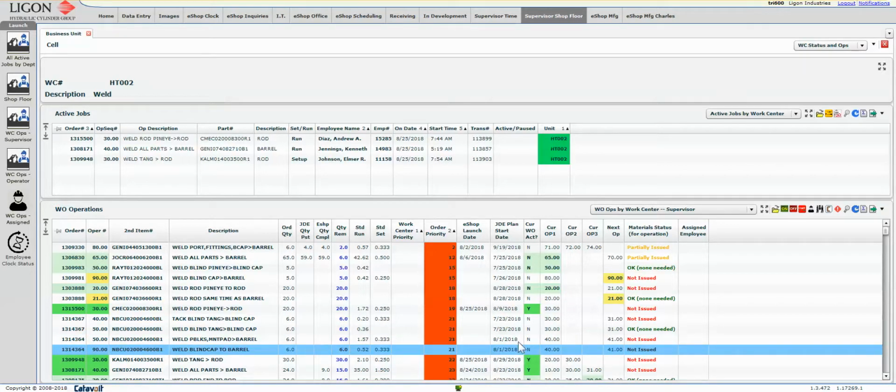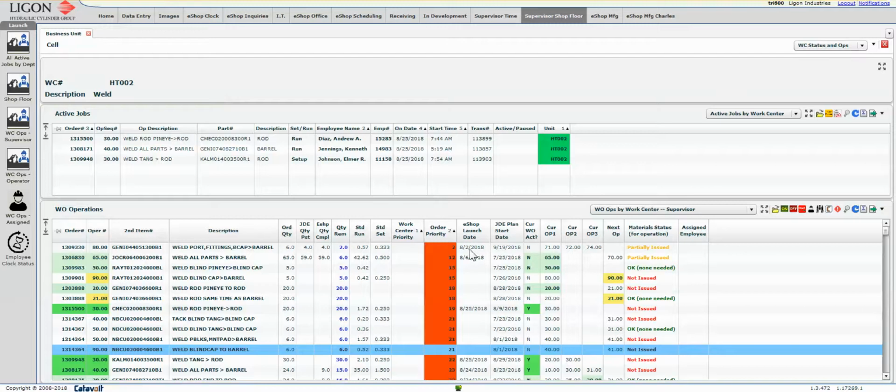That covers most of the information that you would use the most. There's a lot of other stuff here, and you can look at it. It should be self-explanatory. One thing that you have here is this, we talked about the J.D. Edwards start date, the planned start date. This tells you the date that this